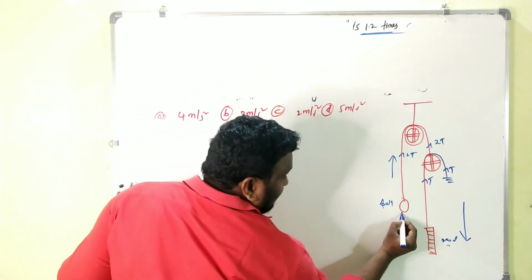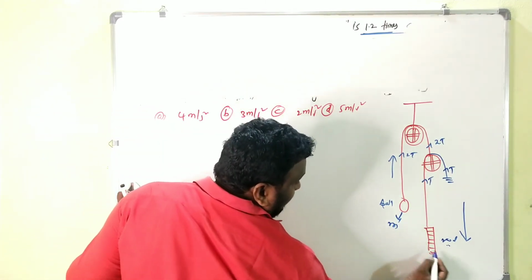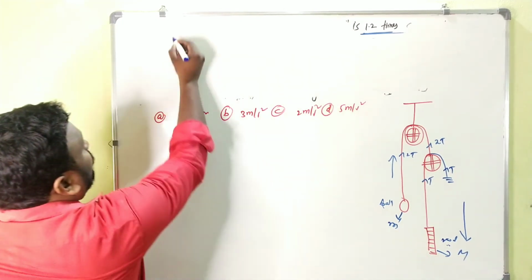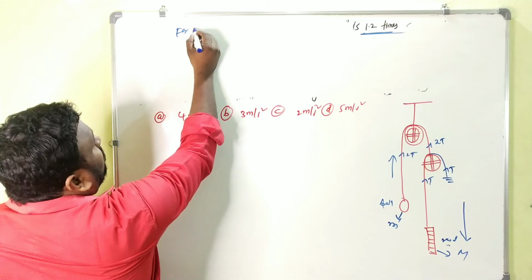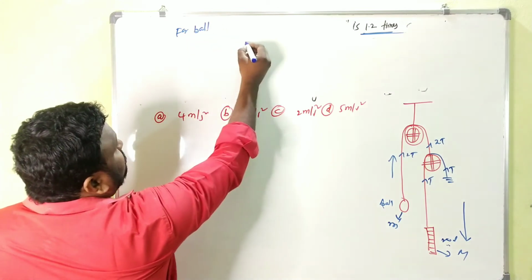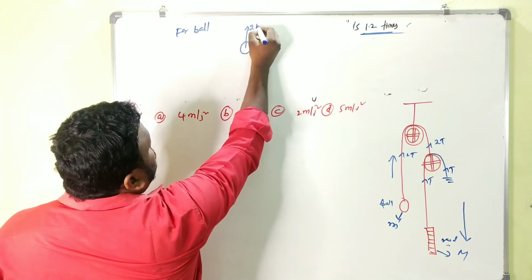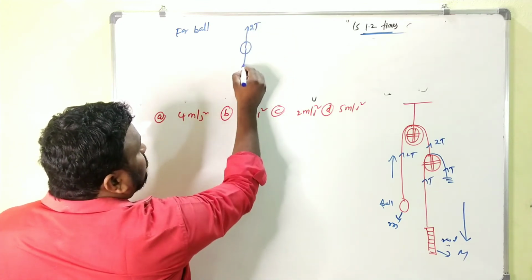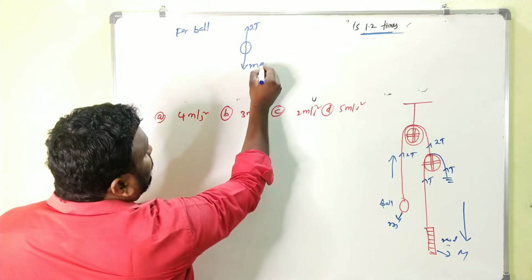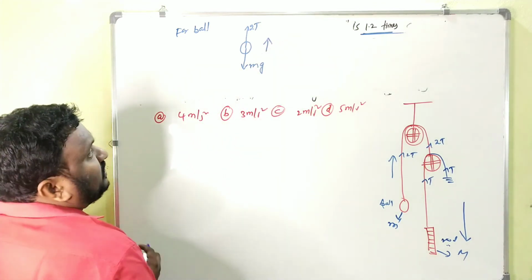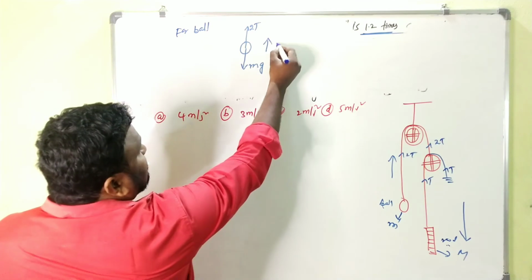So I am going to say mass of the ball is small m and mass of the rod is capital M. Clear? So now for the ball, free body diagram. This is the ball and how much tension is acting? 2T. And the weight should be acting downwards and it is moving in the upward direction with an acceleration